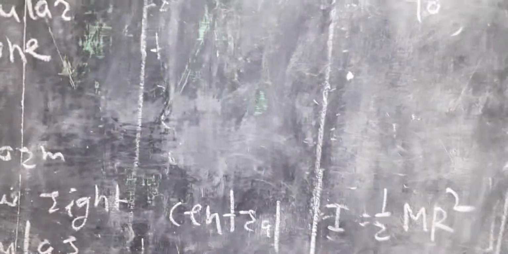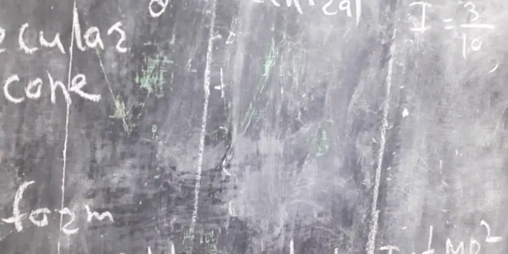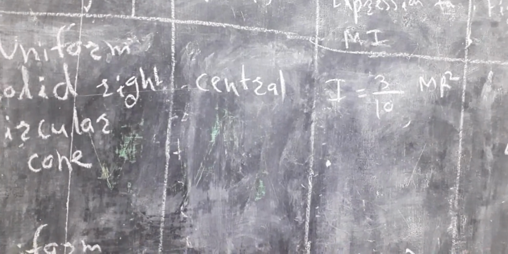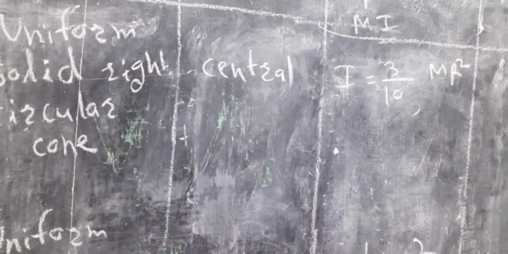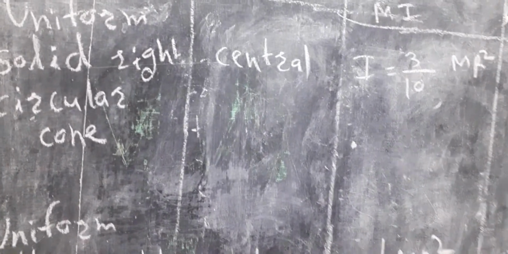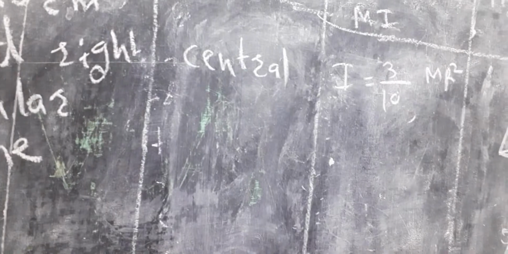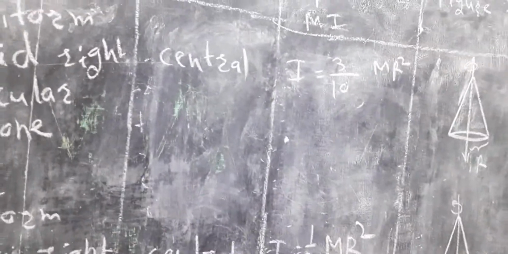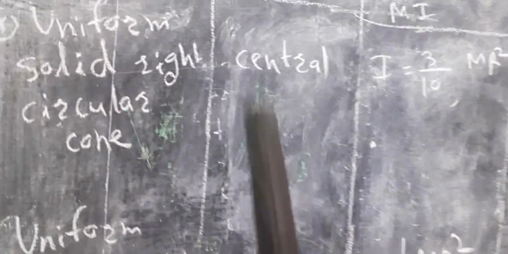All objects are explained in this table, and in the examination there are some examples based on these formulas. So we should know the value of moment of inertia with respect to the axis of rotation. It is very important. While solving examples, through practice, you understand all the formulas. Without practice, doing the examples is difficult. So go for practice, solve more examples, and then you will remember all these tables.